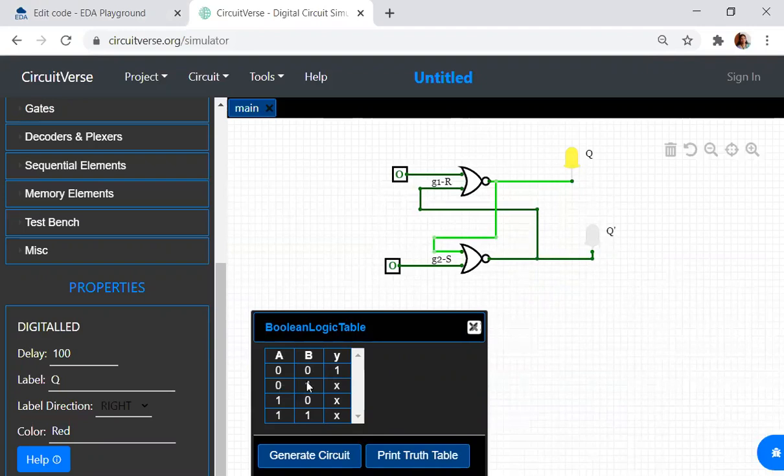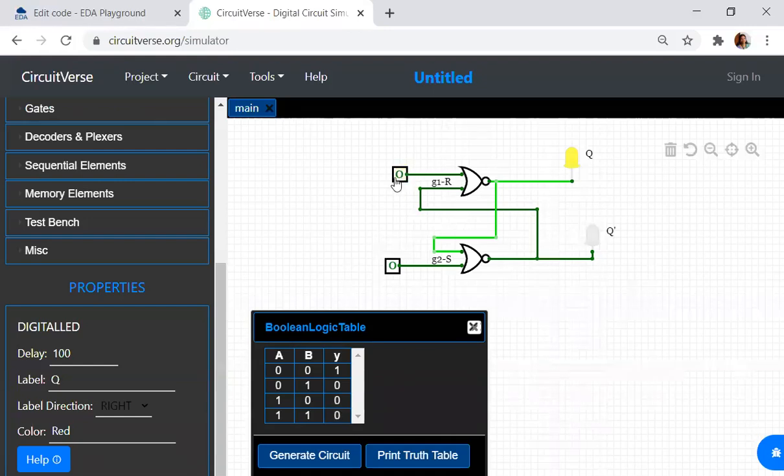Next, 0 or 1 is 1, so NOR will be 0. 1 or 0 is 1, so NOR will be 0. 1 or 1 is 1, so NOR will be 0. This is the truth table.